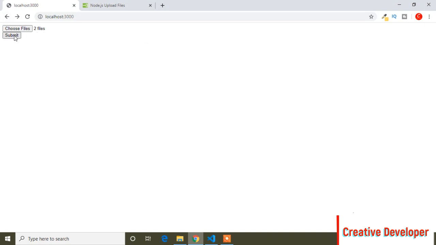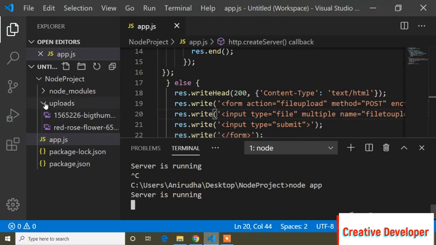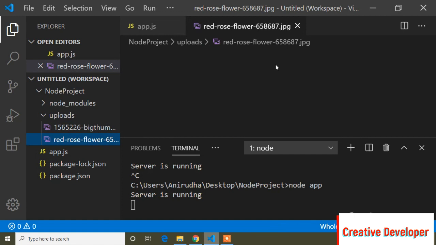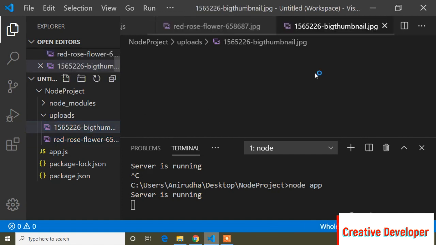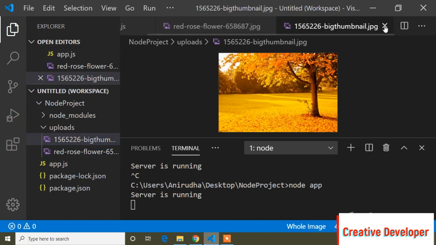So you can see 2 files, and click the submit button. You can see it moved to the file upload URL and file uploaded and moved. Now check this, refresh, and you can see it uploaded 2 files, this flowers and this image.